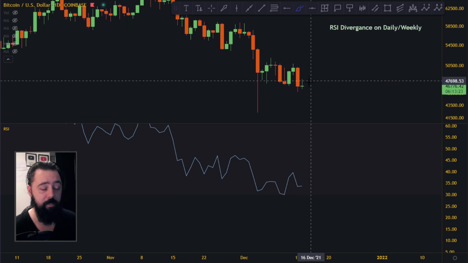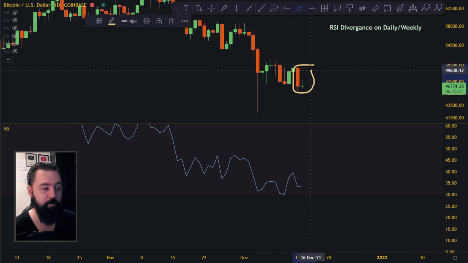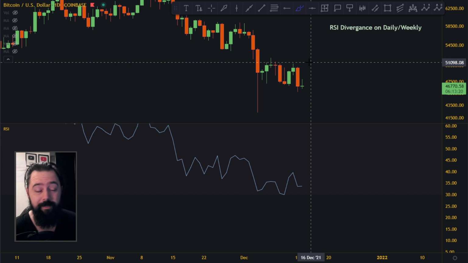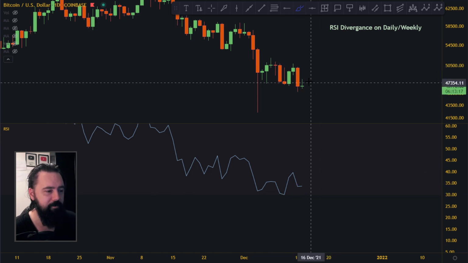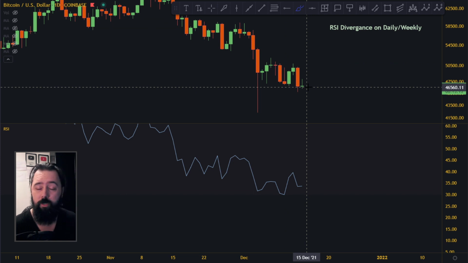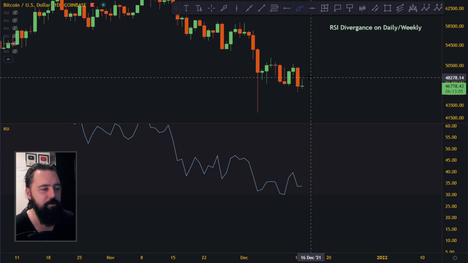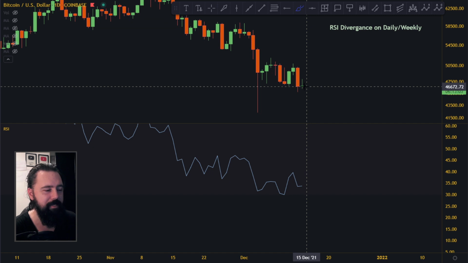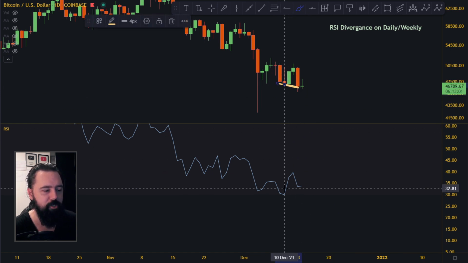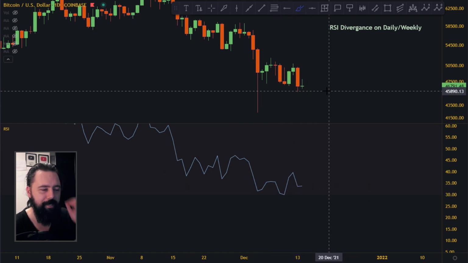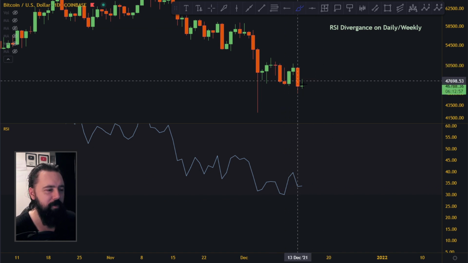Not only that, we might even be creating a pattern here. I'll tell you about the pattern, but this divergence is really nice, and I think it just might play out. Now, the important thing to notice is that RSI is a laggy indicator, so we do not actually know about divergence until after it's played out. So we have to wait until it plays out to know whether this is going to be legit divergence or not. But right now it looks like it just might be.